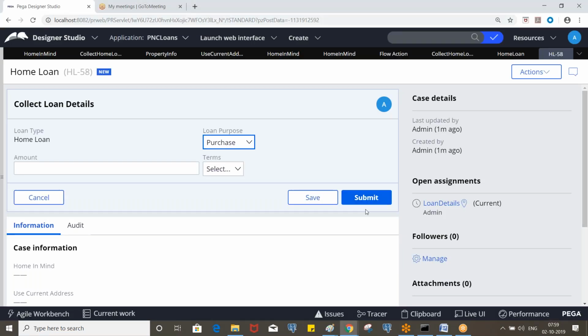If we click on submit, this flow action's post-processing rules and the next flow action's pre-processing rules will be executed. Okay, so we do not have any rules in the post-processing of this flow action, but we have a data transform in the pre-processing, right? So that will be executed. So now let's submit it.